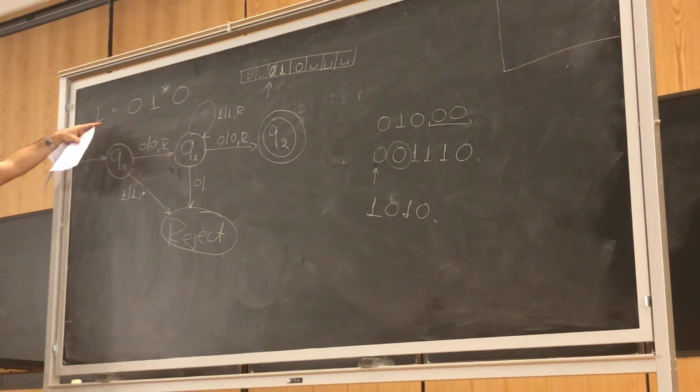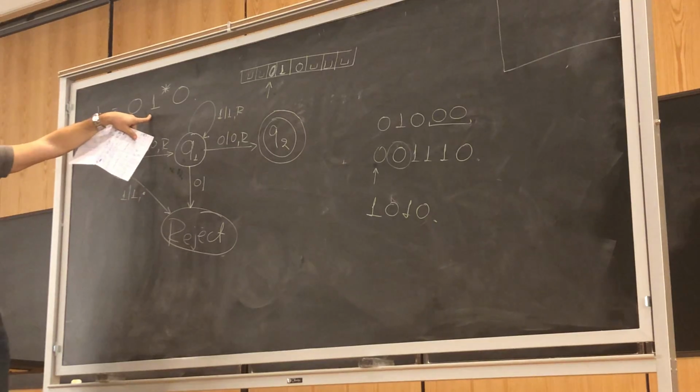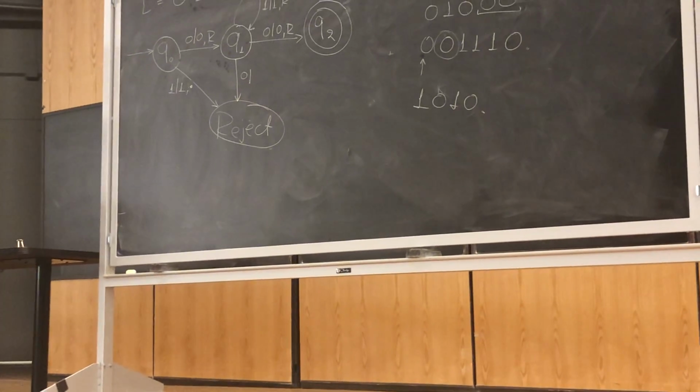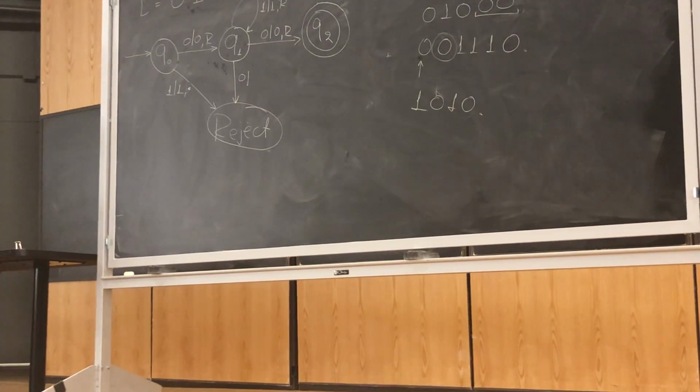Do you mean 0, 0 followed by anything? Oh, you mean because of the star? Okay, that's fine by me. So 0, 0 should be accepted. Yes, by just that. Okay. So how would you do that? Wait, don't we need one more state though? Why? Because of the way that it is. Q2, should it be 0 or 1, Q2 or